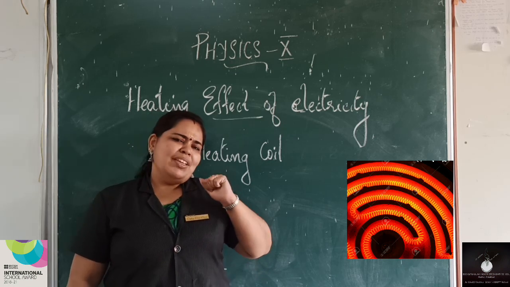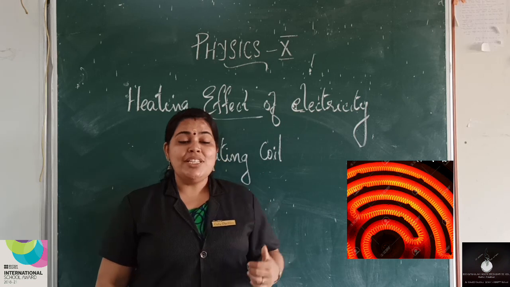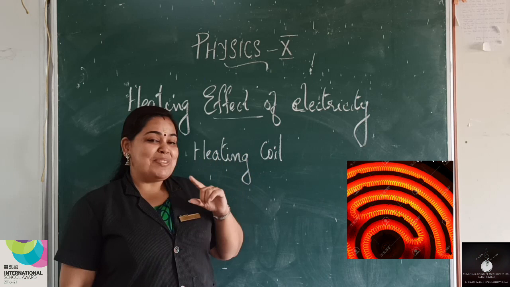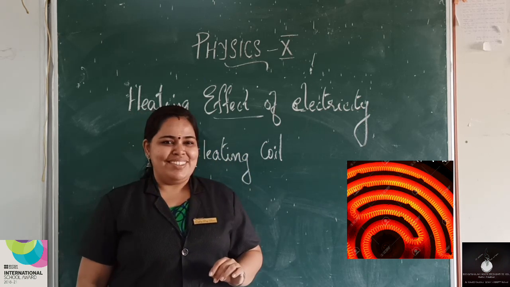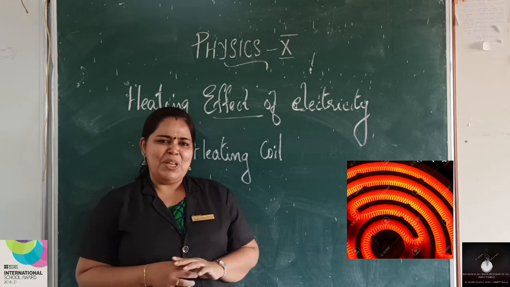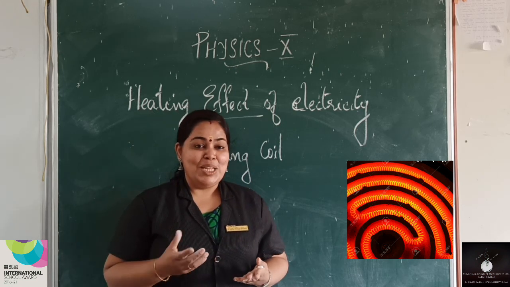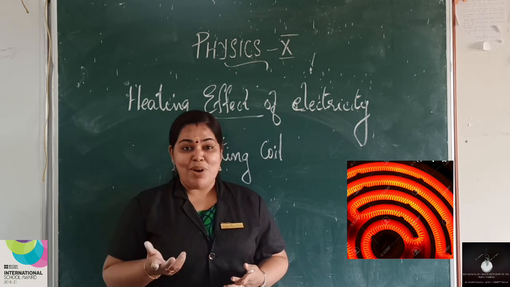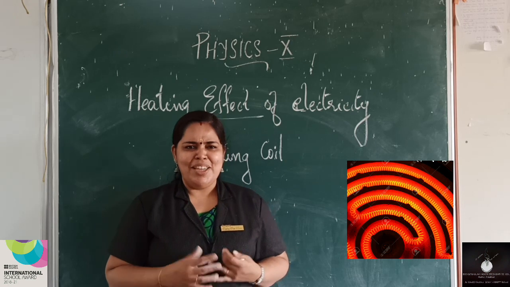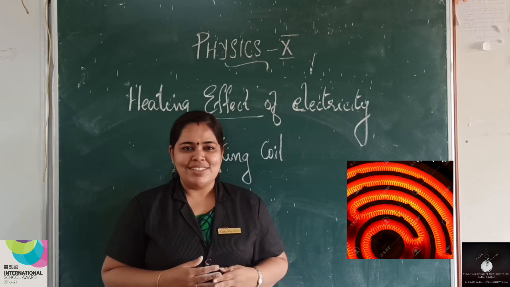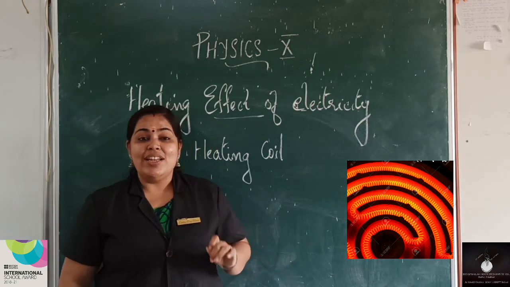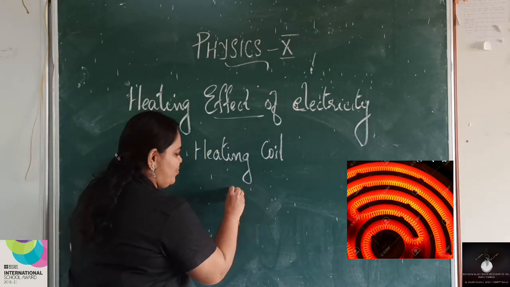Okay, so can you guess which material is used to make this part? You have studied that in the first class. I have told you about one wire. Does anybody remember that it becomes red hot when current passes through it? While discussing Joule's law, I have mentioned that. Yes, it is nichrome. So the heating coil is made of nichrome.